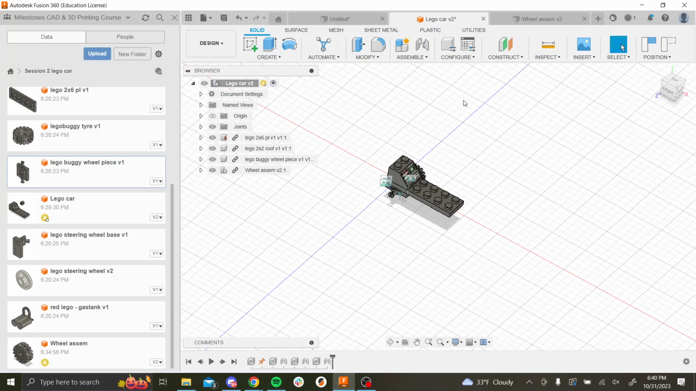So you can delete that one and then so you make it so you can create